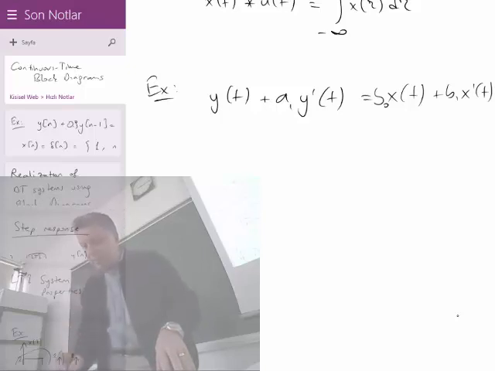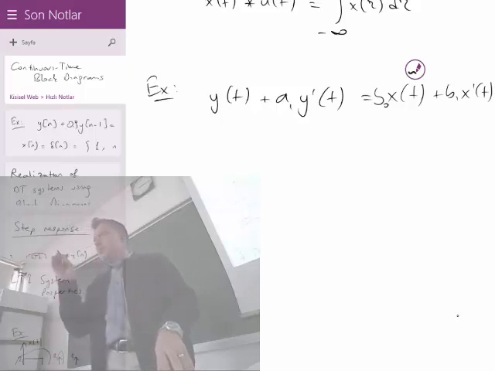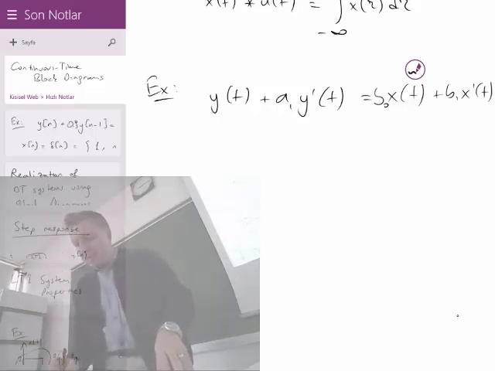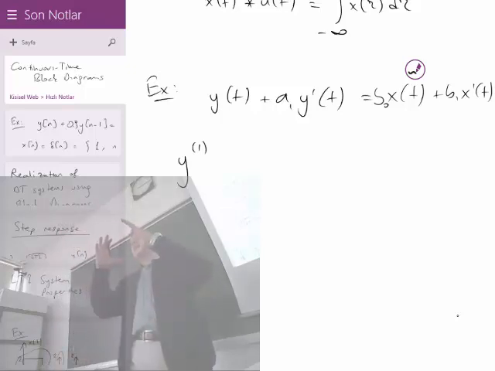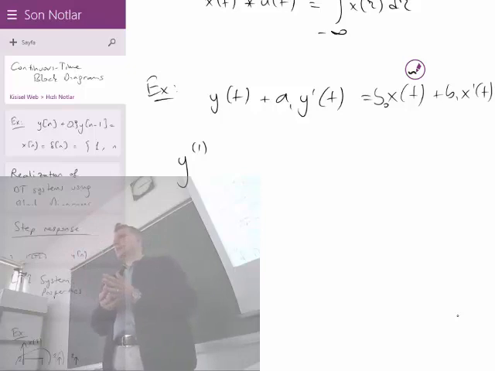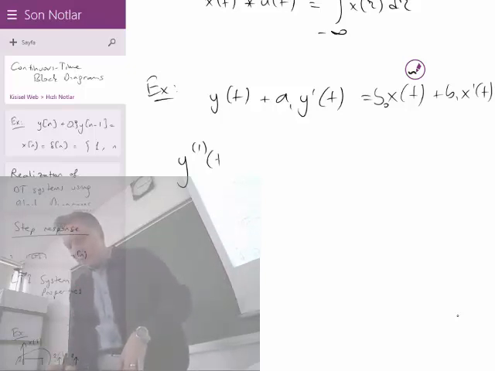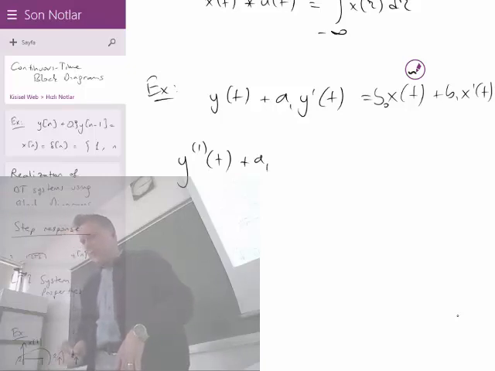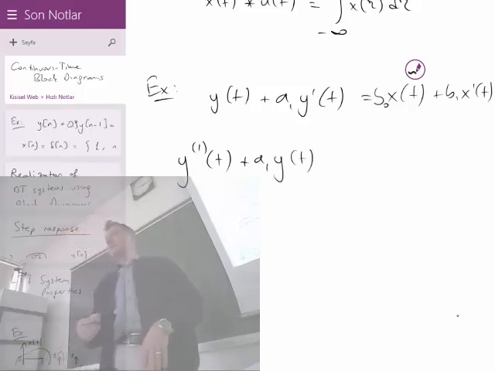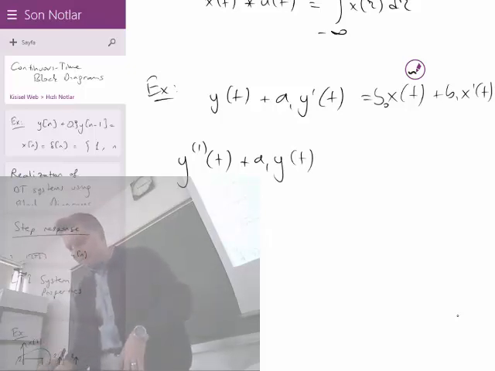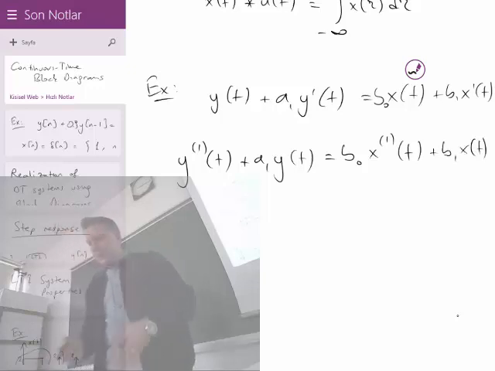a notation to that. We need to notate y prime is a simple notation for derivative. We need a simple notation for the integral, and the simple notation that the book by Oppenheim uses is something like this. It's a superscript inside the parentheses of 1. It means it is integrated once, or it is y of t which has passed through a system with impulse response u of t. Okay? Plus a1, from the fundamental theorem of calculus, we will have y of t, which is the integral of the derivative, and that would correspond to the same signal, is equal to b0 x1 of t plus b1 x of t. So we will start from here, and this is what we will try